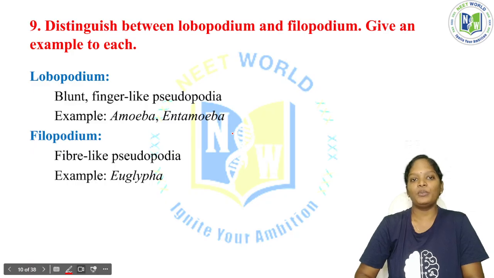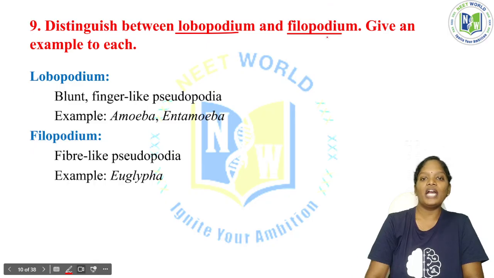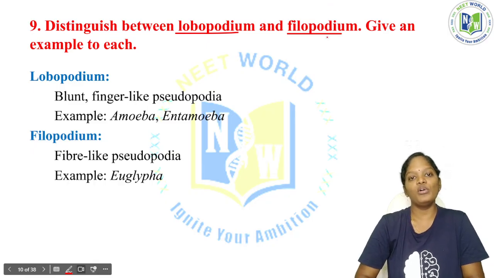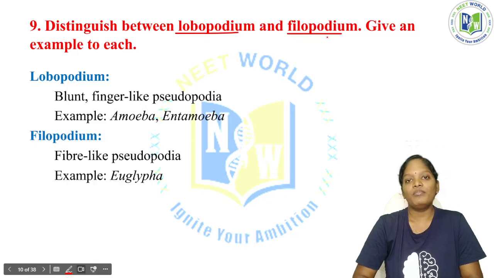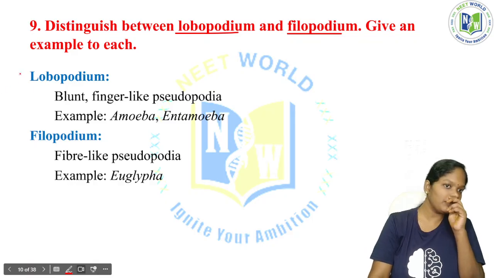Okay, now distinguish between lobopodium and filopodium. Give an example for each. So you should know the difference between lobopodia and filopodia. But before that, you should know both are types of pseudopodia. Pseudopodia are the locomotory organelles present in the amoeba. Based on the size and shape, we can classify pseudopodia into 4 or 5 different types, and two of these types are